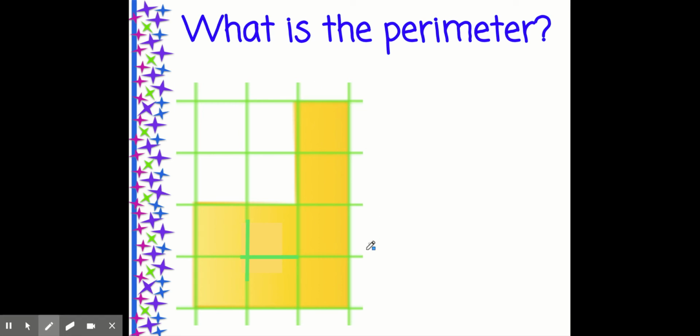So again, we have to measure the outside. That's how we have to add up all the sides of the outside. 1, 2, 3, 4, 5, 6. Notice I skipped this right here. Is this a side? No. You guys are so smart. 7, 8, 9, 10,